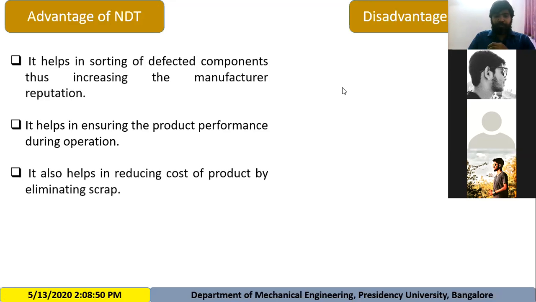So that is the loss of material, also a lot of loss of wealth for that particular industry. But in non-destructive testing, we are not going to destroy that particular component for the testing. So we can reuse that product, or even sell that product to the consumer. So the cost is reduced because scrap has been removed.